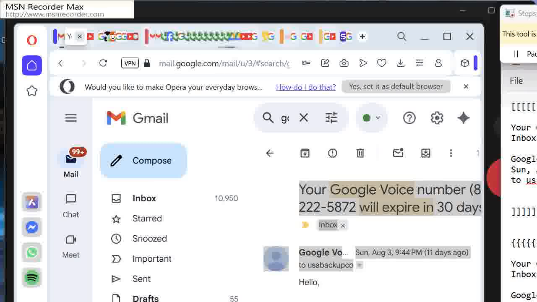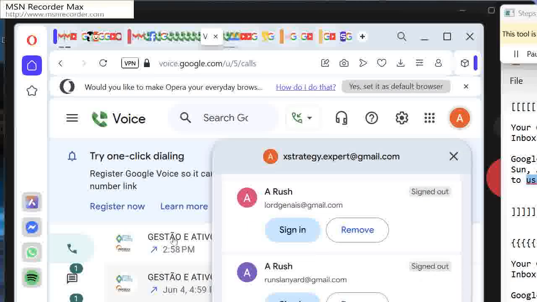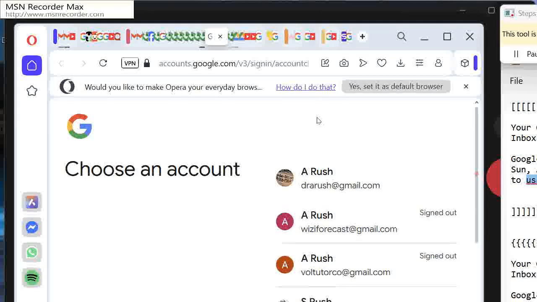At this point, I'm ready to log into this new account and make an outbound call to comply with the Google requirement. Edit, copy, open another instance and try to log into this account, this new account. So I'm going to click add another, scroll down to the very bottom, click another one,